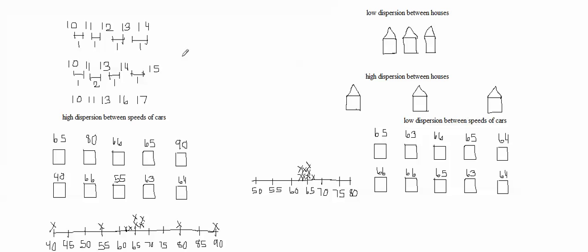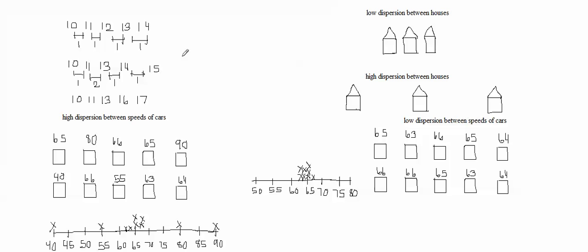But first, let's talk about a little bit more about why it is important to measure the amount of dispersion in a set of numbers, or in a set of quantitative data. Well, the reason why we want to measure spread is because if all we do is calculate a measure of central tendency, such as the mean, that doesn't tell us everything about the data. Let's imagine that